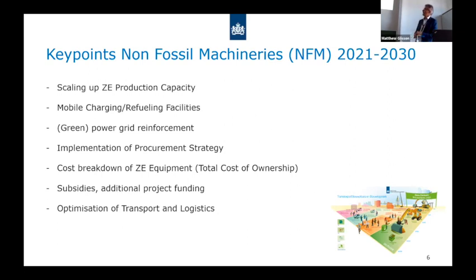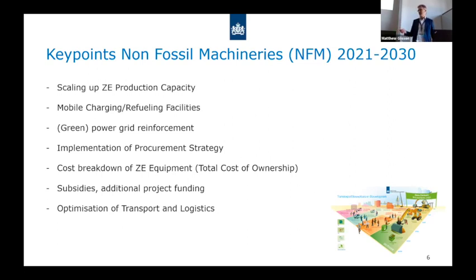We have to have more insight in the cost breakdown of this equipment to get a firmer underpinning of the procurement strategy. And we also realize that, as you see in the picture here on the lower right corner, you remember the finance track of the roadmap. We have to have more insight in the costs, but also in how we can pay for the additional costs that contractors have to make in the first years, because we're convinced that in the end the costs will go